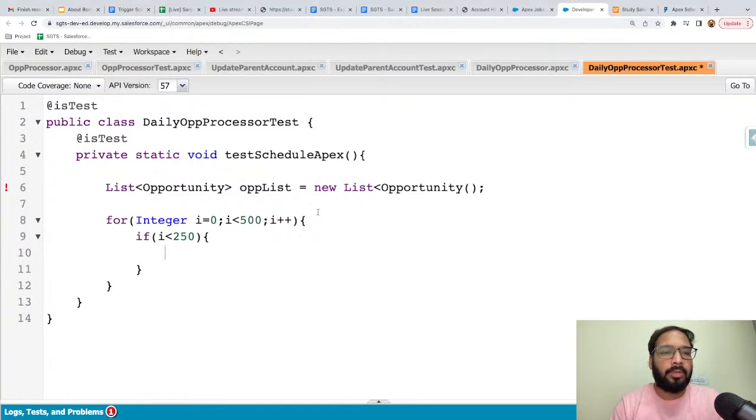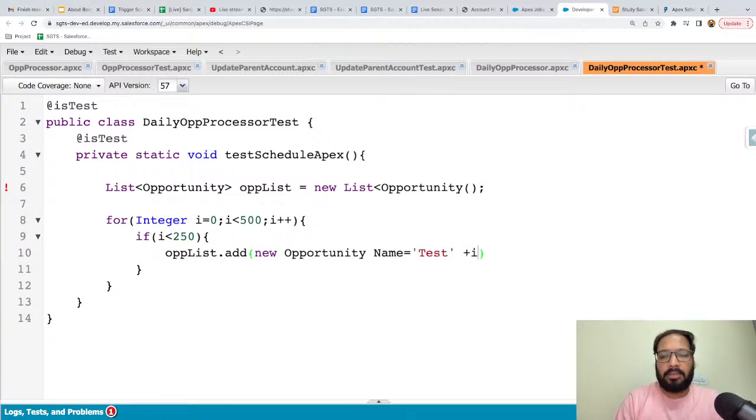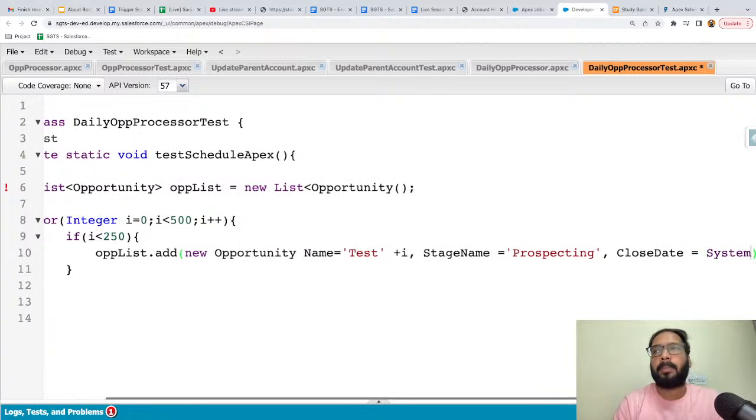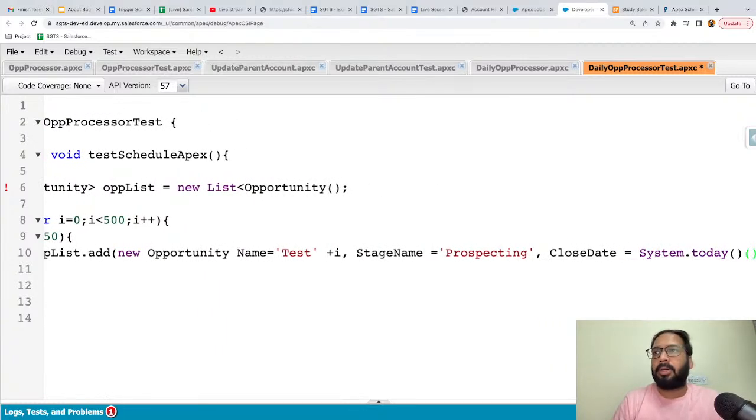So here what I'm doing, I'm going to add data in this opportunity list. We just need to create a new opportunity. So I'm providing name as test plus i, then stage name equals prospecting, then close date equals System.today(),